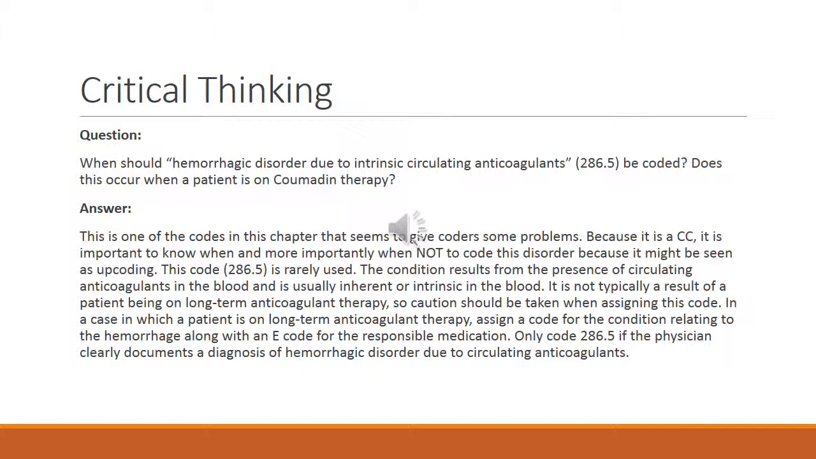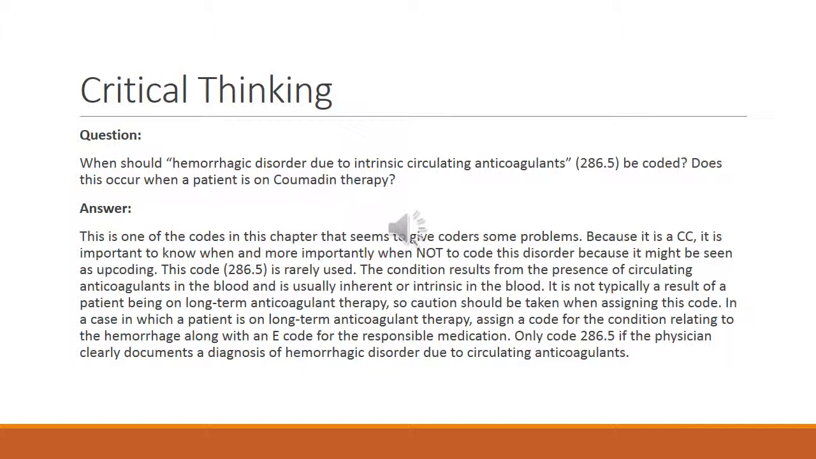And our answer: this is one of the codes in this chapter that seems to give coders some problems. Because it is a CC, it's important to know when, and more importantly when not to code this disorder, because it might be seen as upcoding. This code of 286.5 is rarely used. The condition results from the presence of circulating anticoagulants in the blood and is usually inherent or intrinsic in the blood. It's not typically a result of a patient being on long-term anticoagulant therapy, so caution should be taken when